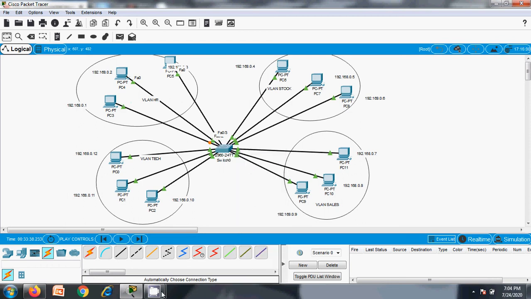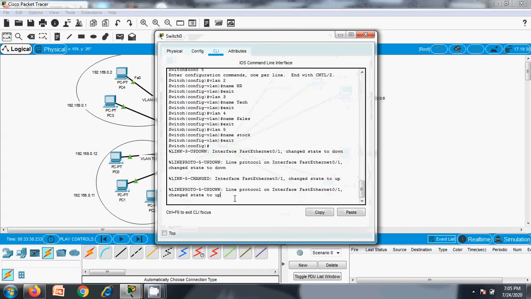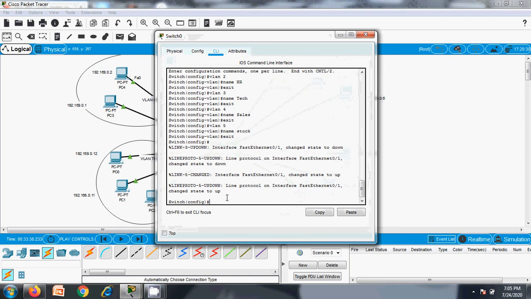Yes, so 1, 2, 3 belong to HR. Okay, so config mode.